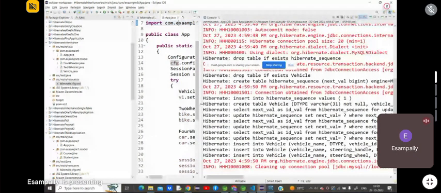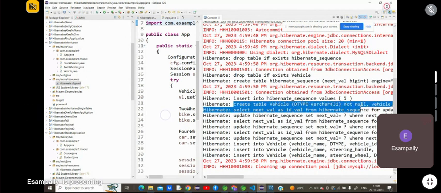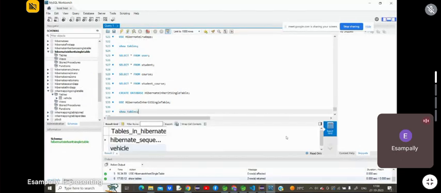Okay, it is created now. See here, within this a table is created. Only one table is created. Okay, so only one table is created. Now within the database we will check. Okay, show tables. Okay, so I am giving this command now. You can just check here. One table is created. So now select